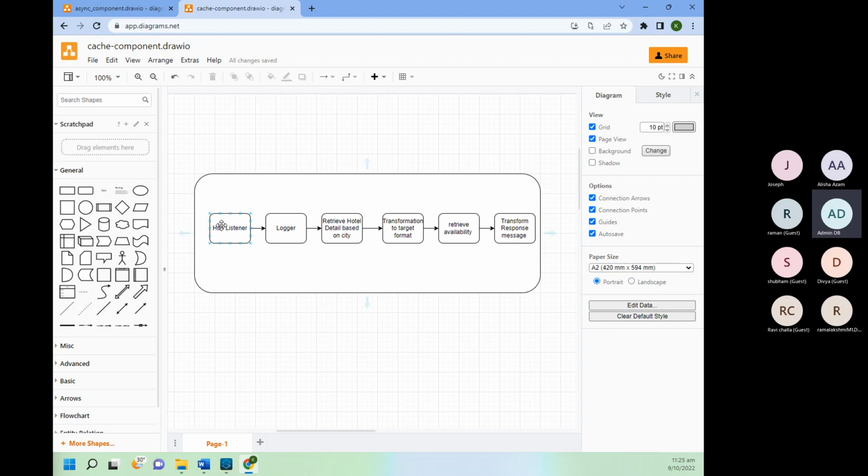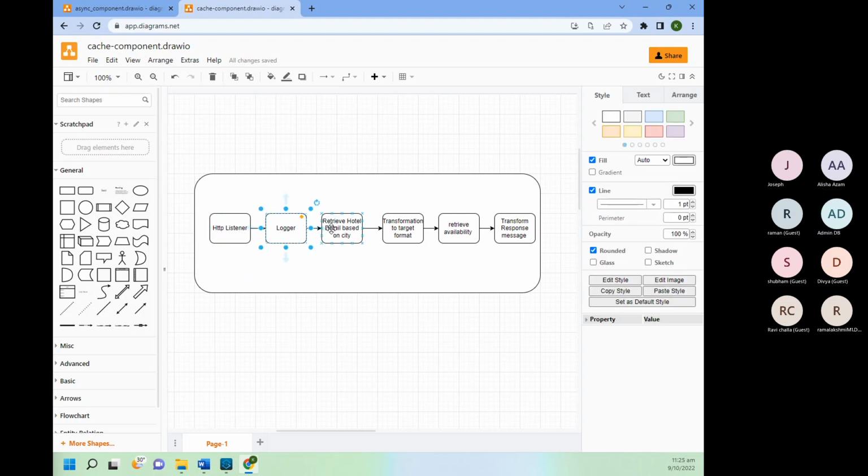Okay, so here we have one use case, where a request will come to the HTTP listener, then it will go to the logger, then we are retrieving hotel detail based on the city, and then we are transforming it into the required format. Okay, from here to here, the overall processing time is